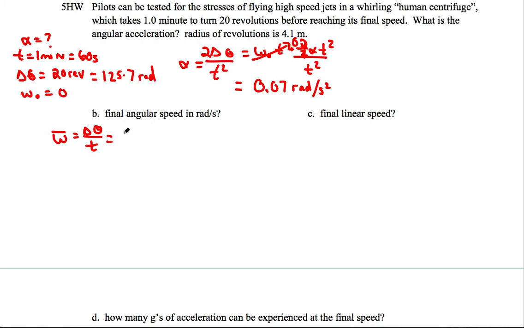So that is 20 rev per minute. And if you convert this to radians per second, 1 rev is 2 pi radians, and 1 minute is 60 seconds, that gets you an angular speed of